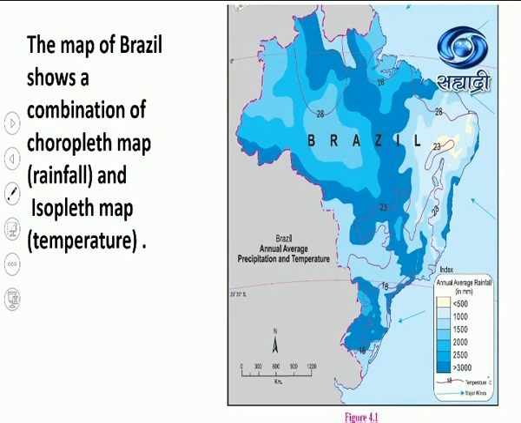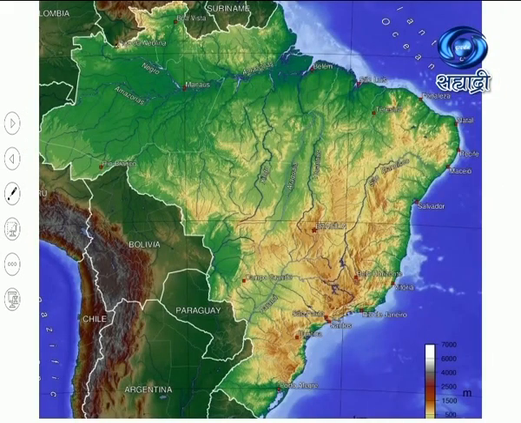Now, as we know, because of the vast latitudinal extent of Brazil, it also experiences a wide range of variation in climate. This is what this map indicates. Now, let's move on to see the whole of Brazil and its physical features. We find the equator passing through the northern part and the Tropic of Capricorn passing very near to Rio de Janeiro. This place is called the Brazilian highland, and this area is called the Amazon basin.